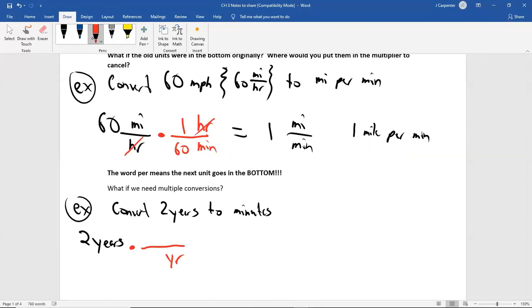Now we got to think in simple ways. How can we go from years to a smaller unit of time? You might say we'll go to months, and there's 12 months to a year, and that seems okay at first, but if you remember a week ago, I said we don't know how many days are in a month because it varies from month to month. We don't want to just say 30 because only half the months are even 30. Some of them are 28 or 29, some are 31. So it's a bad idea to go between years and months,